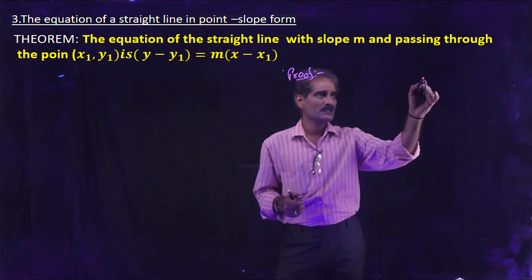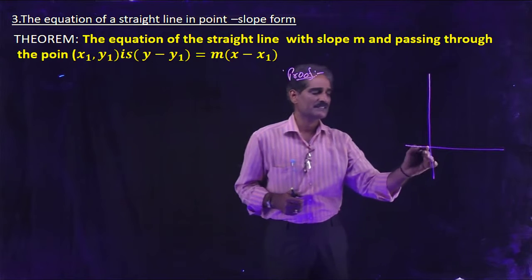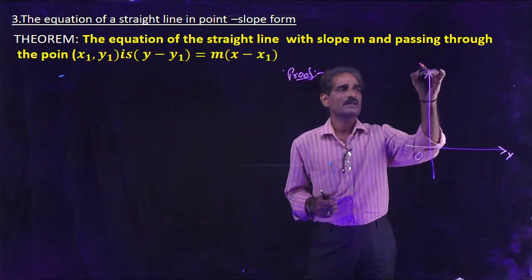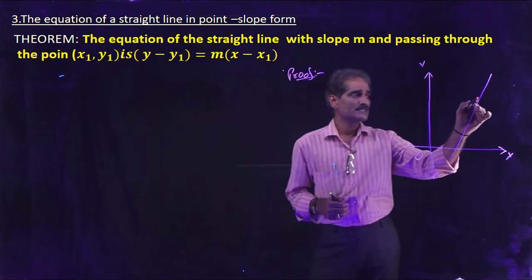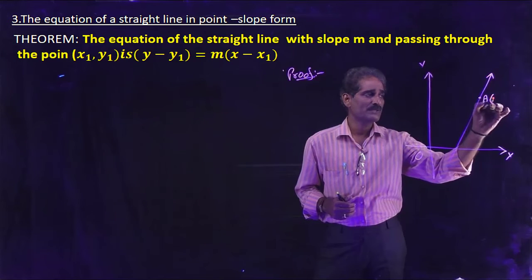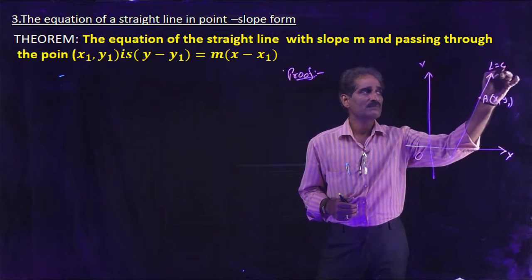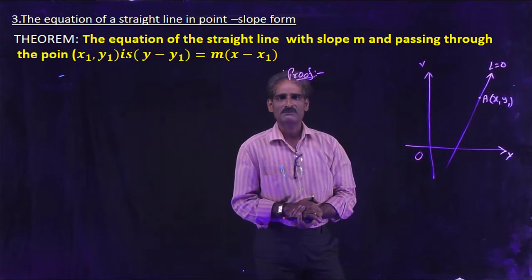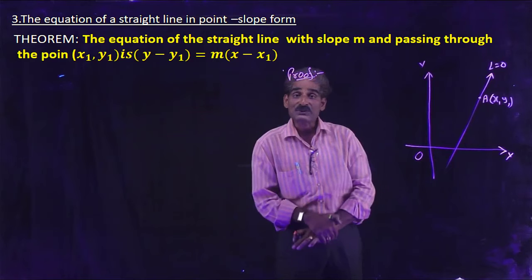So for that, draw the diagram. So this is the y-axis and x-axis intersecting at O. It is the x-axis, it is the y-axis. Suppose this is the position of the line. It is passing through some point A. Let us take the given point be A, capital A, x1, y1, and the equation of the line be L equal to 0. This is the position of the line. We have to find the equation of this line, and its slope is m.